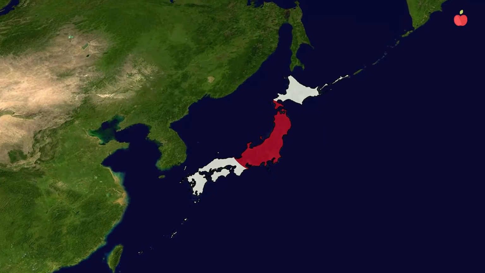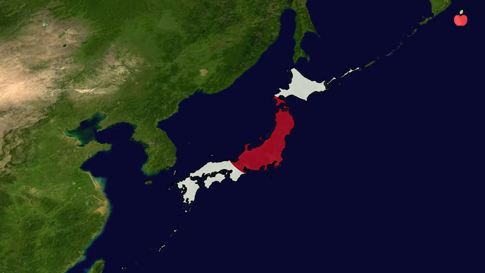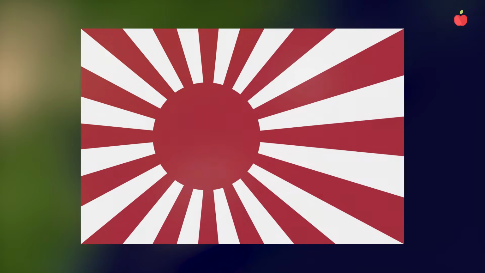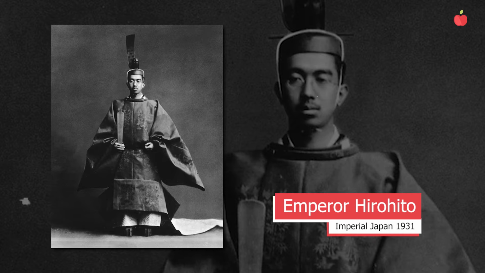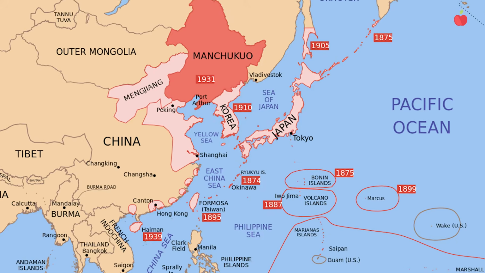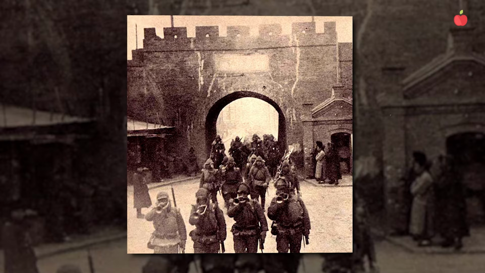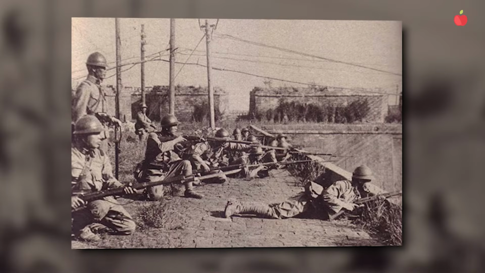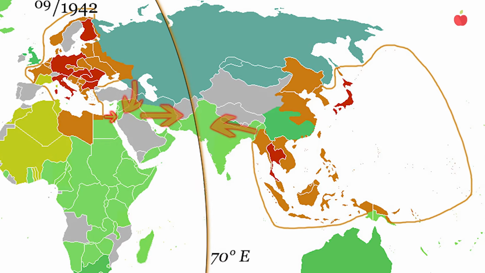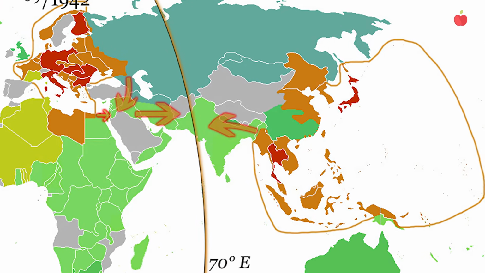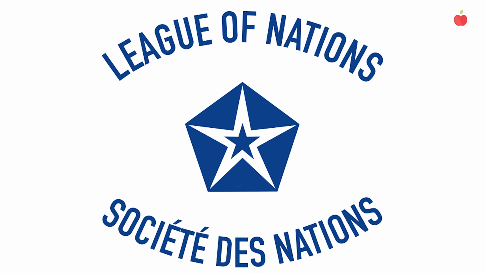What many don't realize is that even before Hitler's rise to power in 1933, Imperial Japan, led by Emperor Hirohito, had begun its own expansionist ideology in 1931, with the invasion of Manchuria. Japan's aggression in Asia destabilized the region, and heightened tensions with other world powers, particularly the United States. The unsanctioned imperialism of Germany in Europe, and Imperial Japan in Asia, was blamed on the League of Nations.